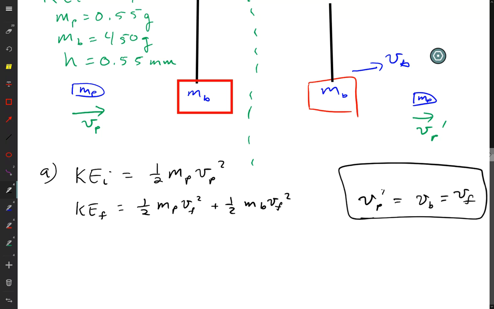So this is my condition for inelastic. And so if I take these all into play,